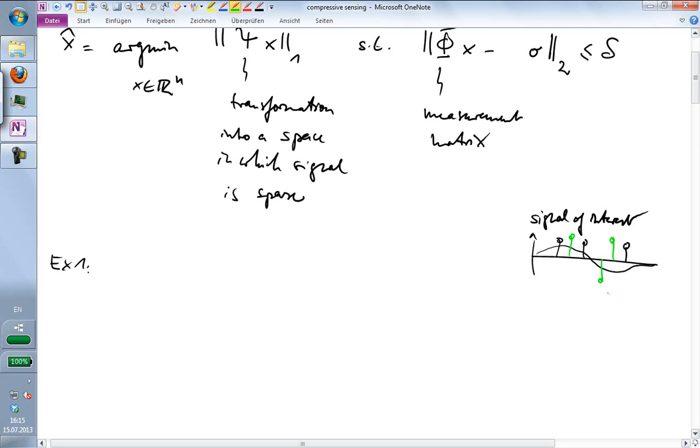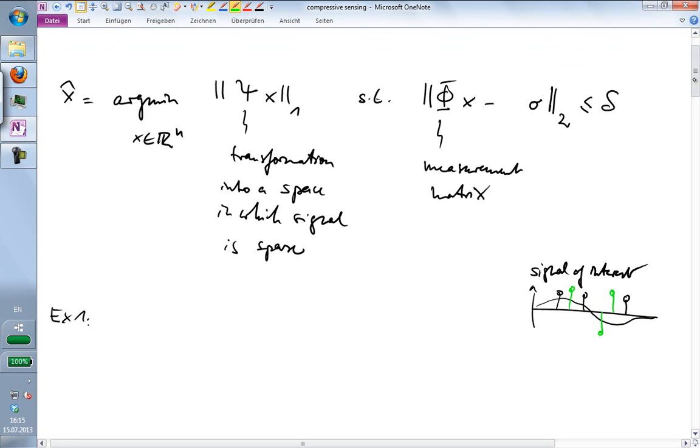So I can collect all of these basis functions into a measurement matrix, and then I demand that the departure of my measurement matrix multiplied with this unknown function x, the departure from the observed signal be small. So in this particular case here with just two basis functions, I would have just two measurements, which would be the signal projected onto this black and onto the green basis function. And then I need a